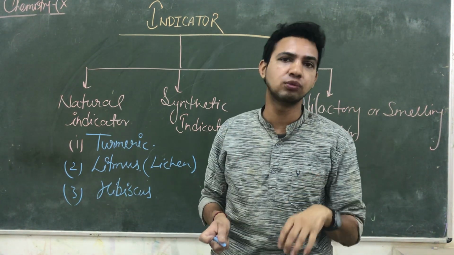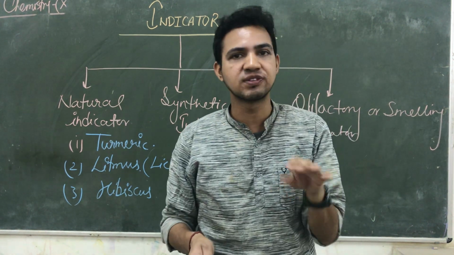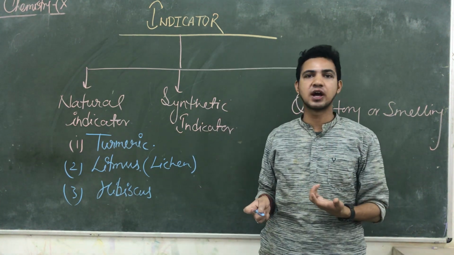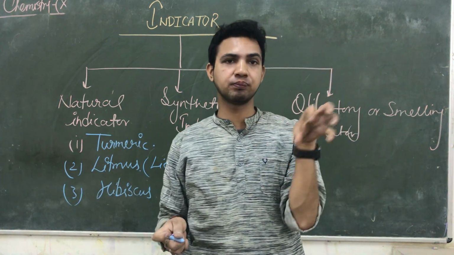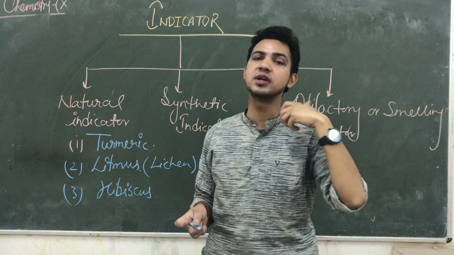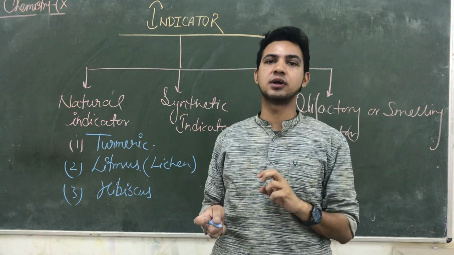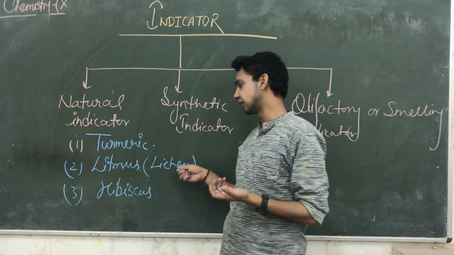Lichen belongs to the Thallophyta plants because its body is thallus-like. It belongs to the family of fungi. The lichen is made up of two organisms. One is an alga and another one is a fungus. Both work in a symbiotic relationship, so we get such a chemical.